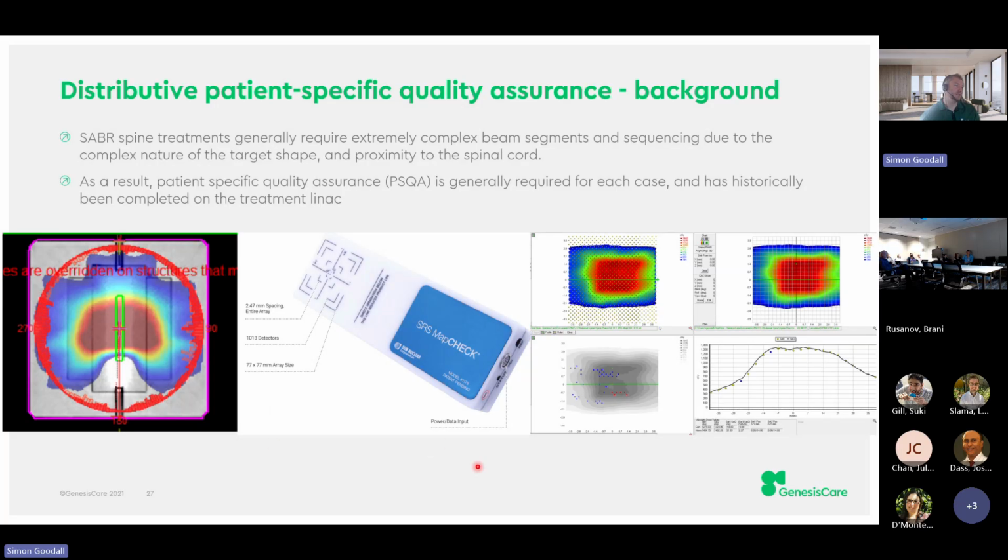I think we've got one in Charlie's now. So this is a small array, about 77 millimeters by 70 millimeters, and it has 1,000 detectors in there, so we can get this high resolution map. We measure the sagittal plane. We look at the PTV dose and the drop off into the cord in this direction. What we end up with is a map that looks like this, where we have the PTV dose and we can see the cord fall off as we go. And we get these little blue spots if something's too cold, red spots if something's too hot compared to expectation.